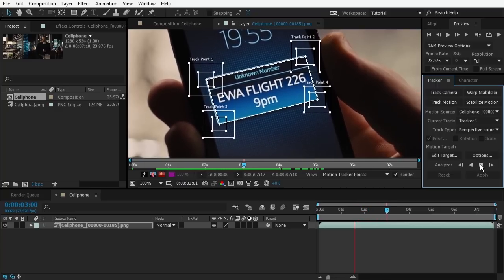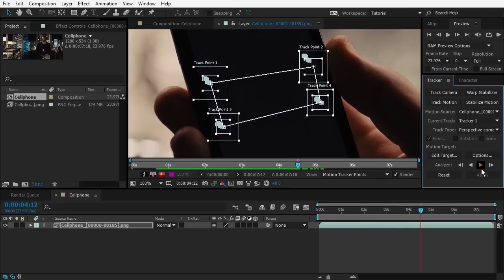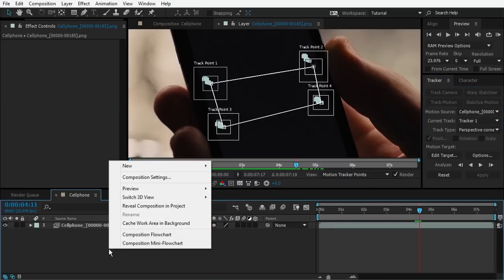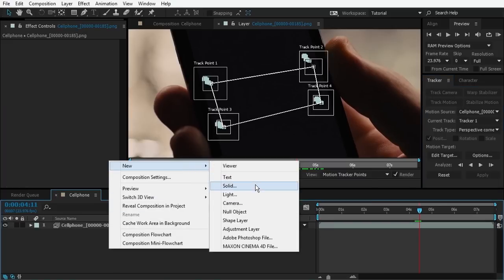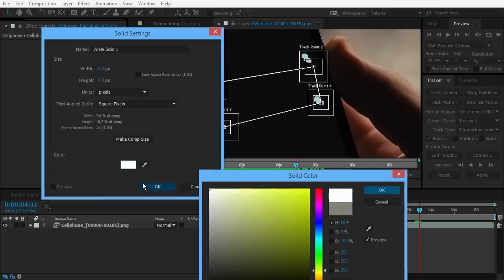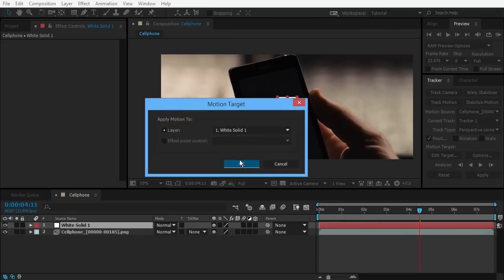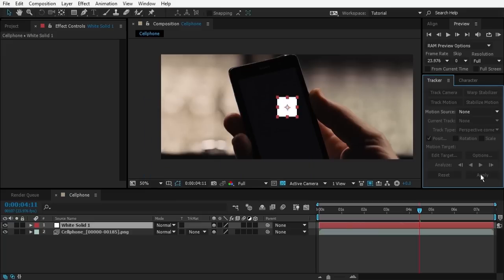You can see as the cell phone's moving, the track points are trying to keep it steady. Okay, so the screen went black. That's fine. That's all we want. Okay, so I'm going to go ahead and create a new solid. And just to start, we're just going to make it 100, 100, make it white. Okay, I'm going to edit target, set it to my new white solid, and now I'm going to apply